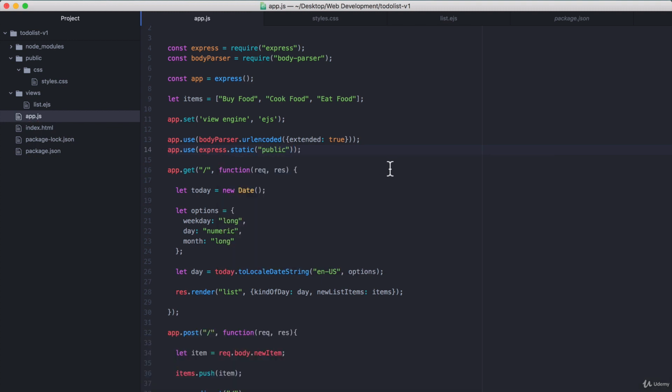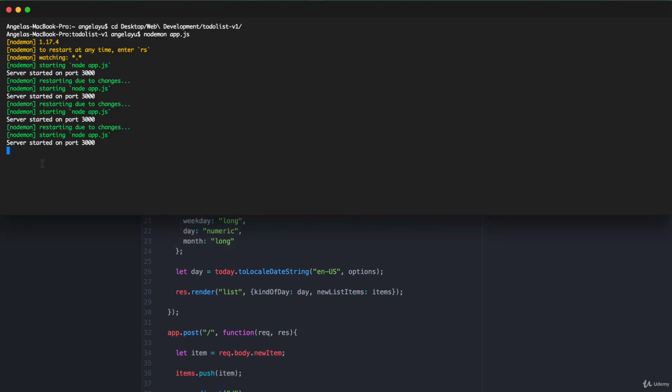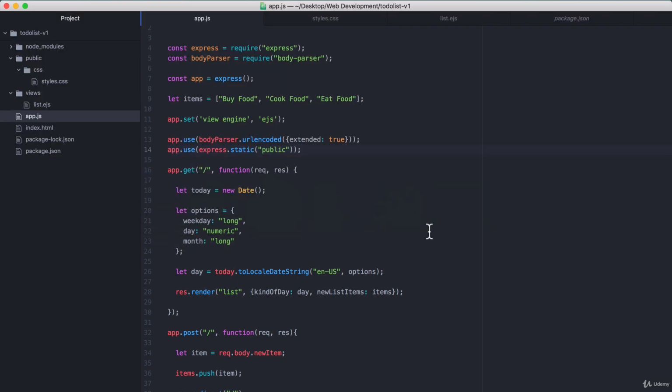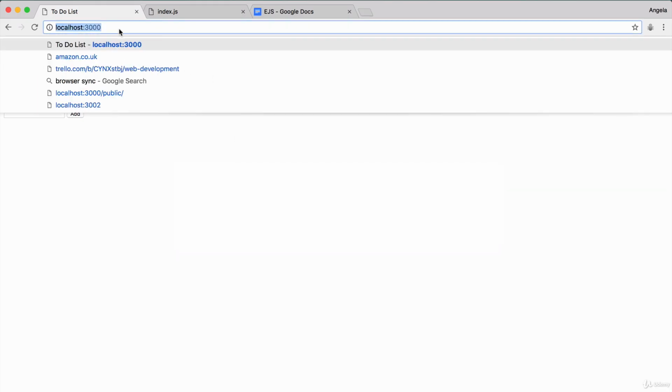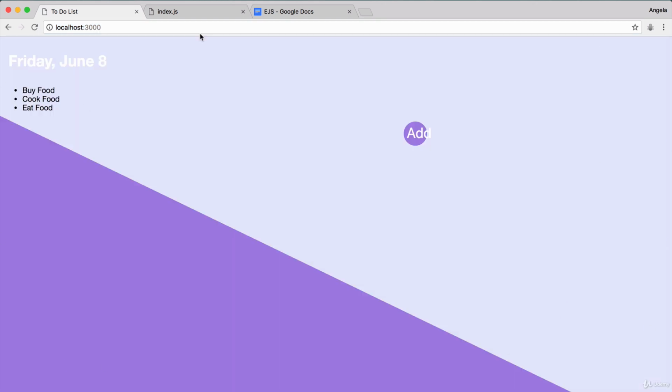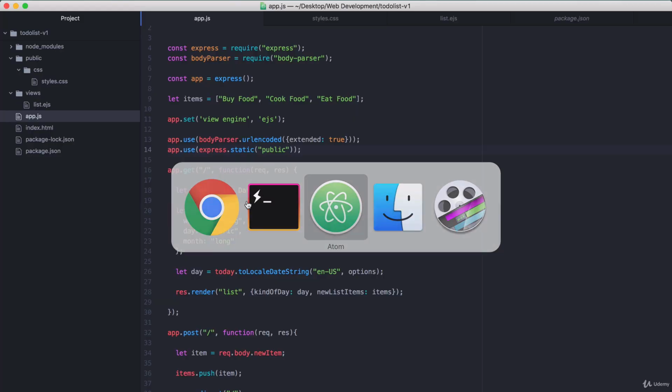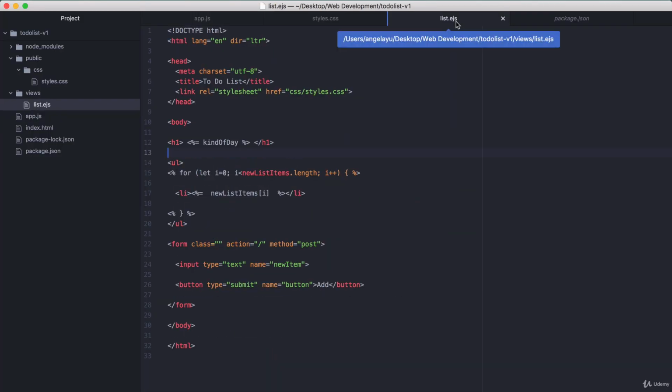So now we can save our app.js and make sure that you've got nodemon running in the background, rerunning our server whenever we make changes. And now if we head over to our browser and refresh our website, then you can see that our CSS styles have been applied. Now, if you don't see any changes when you've done all of that and you've refreshed the website, make sure that you check your CSS file path and that it matches exactly with mine. Namely, there's no / to begin with, and then it's